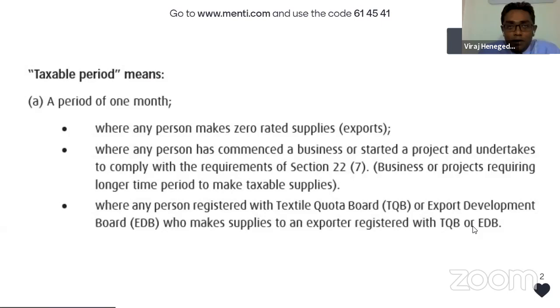Then what will happen? During that period, you will be purchasing a lot of items. If you don't have the VAT registration, you need to make that payment as well. If you buy cement, if you buy iron, for those things you need to pay the VAT. Then your cost will be high. At the same time, you are not in a position to claim it because you don't have supply during that period. So because of that reason,